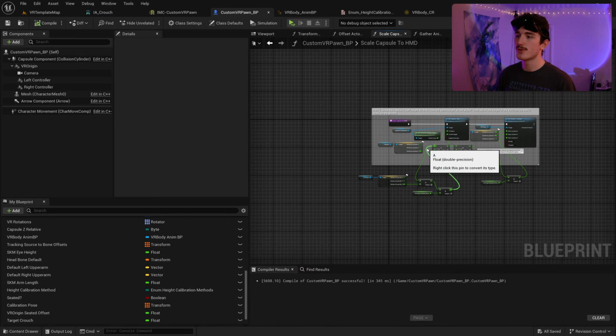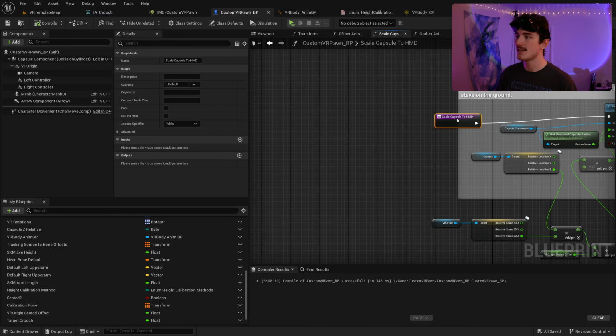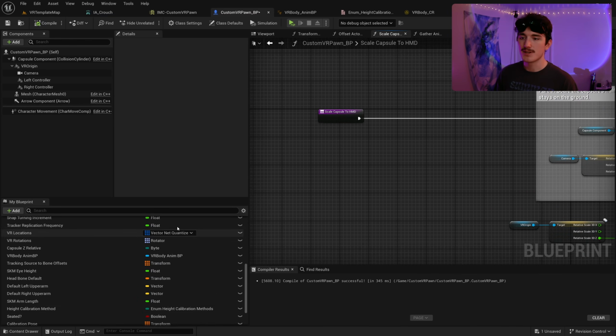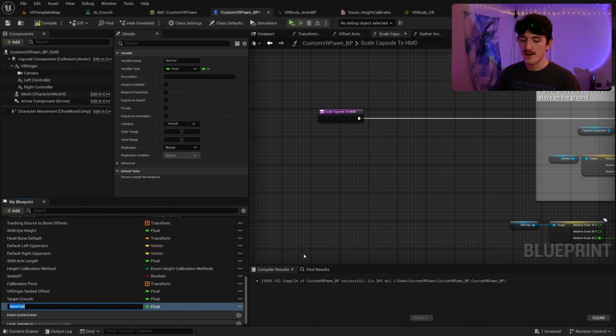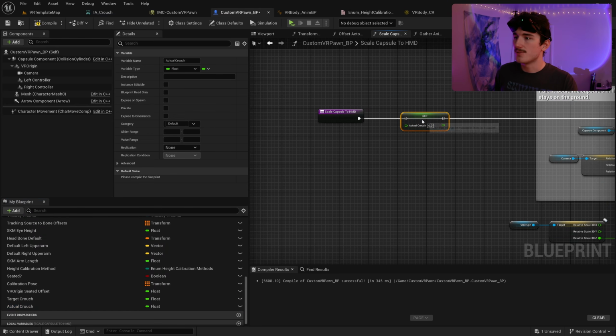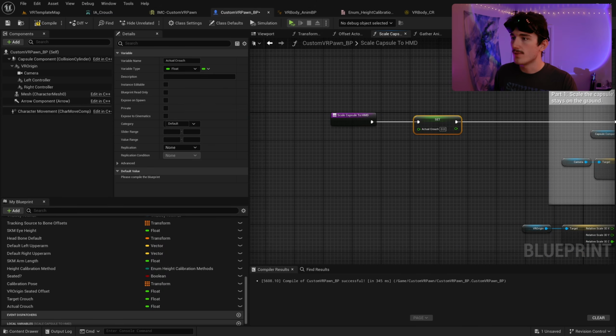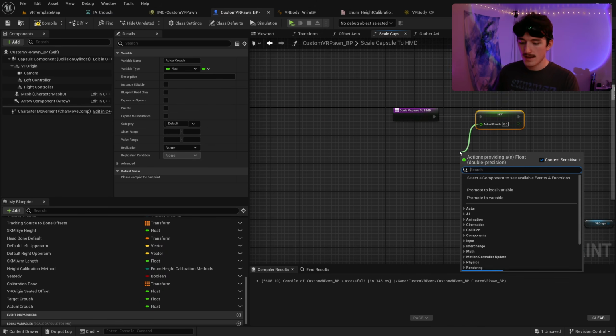So once again, I'm going to go to our scale capsule to HMD function. That's where all of this adjustment is happening. I'm going to create another float variable. This one is going to be our actual crouch value. And this is going to be the interpolated value. So I'm going to set this before we do anything else. I'm going to use a